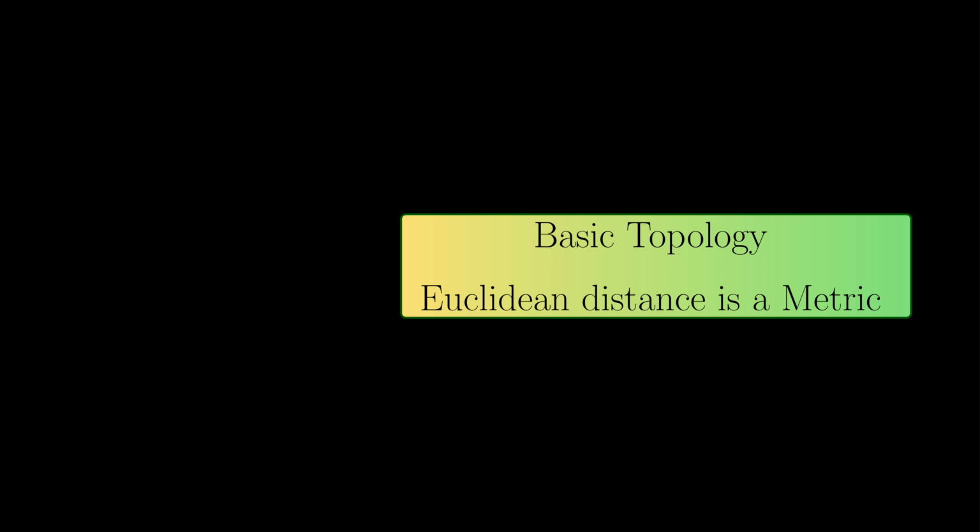Recall that I am to provide you with a solution for exercise 1.3, subpart 3, that the Euclidean distance in Rn is a metric. But before that, a few words. We have just covered open balls, open sets, and why open balls are open sets, with just the notion of a set, any arbitrary set, and the notion of a distance function, any distance function that satisfies the four properties